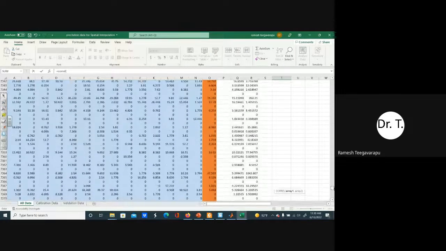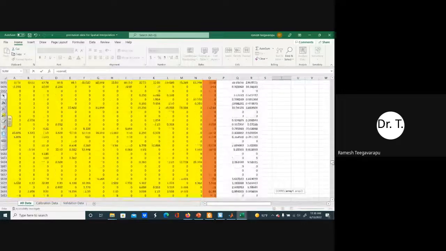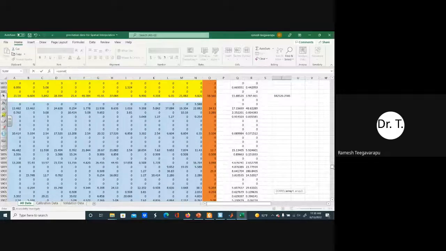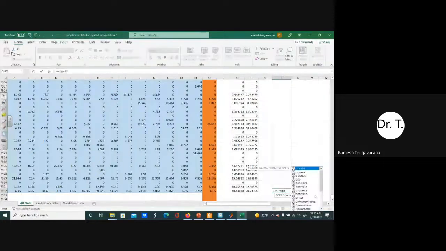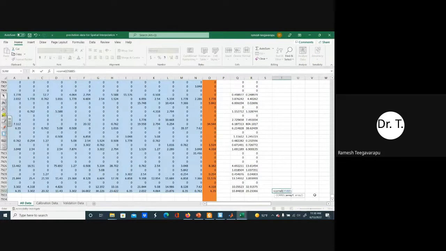So I would say, where are we starting from our validation data? 5885 to 7932, comma, and 25885 to 27932. So that's fine. So I'm getting a correlation coefficient of